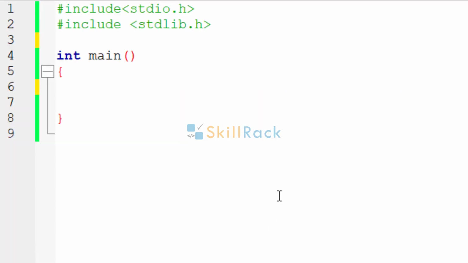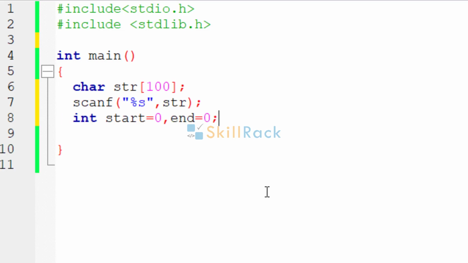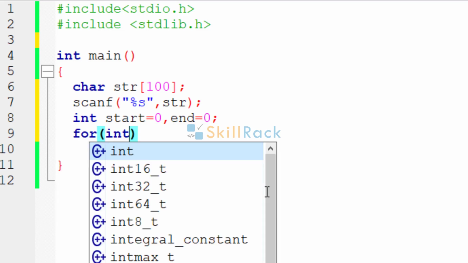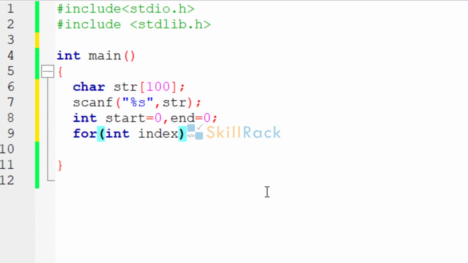So based on our discussion, let's implement the program. So first we are going to accept the string value. So we have declared two variables start and end and initialize to 0. So now we are going to have a loop in which index will be starting from 1 and it will go as long as null character has not been reached.